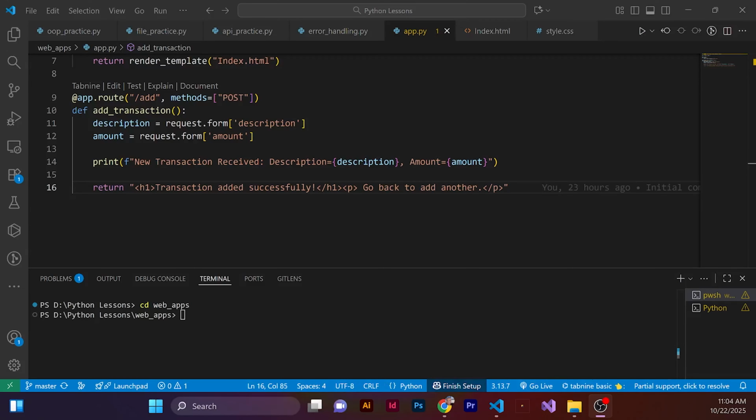So far we've built a beautiful front end with HTML and CSS, and then we've connected it to a Python backend. We filled out a form in the browser, and then the data appeared in the terminal. So we have officially built a full stack application loop. But before we take the final step of saving and displaying the data,